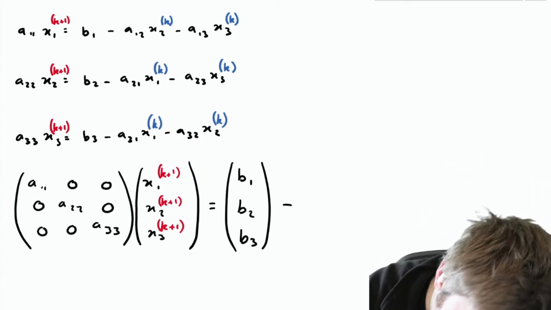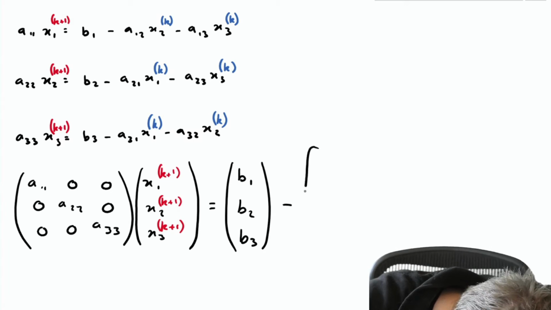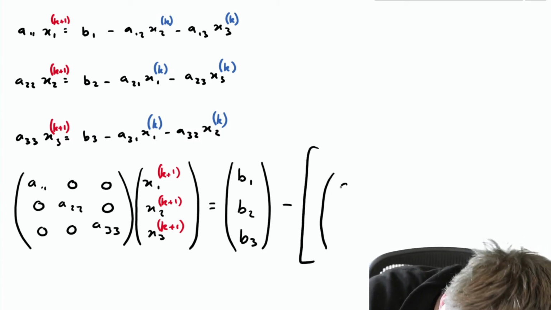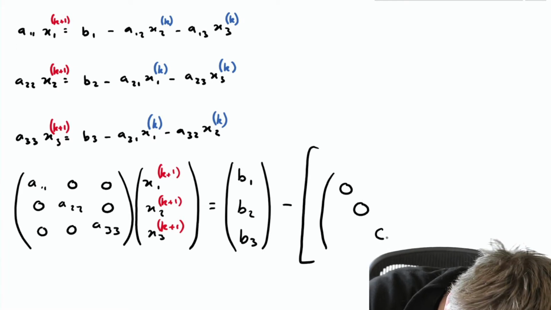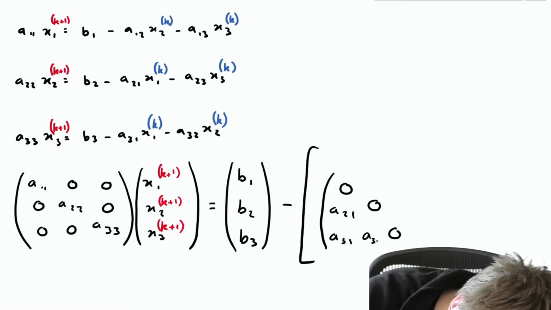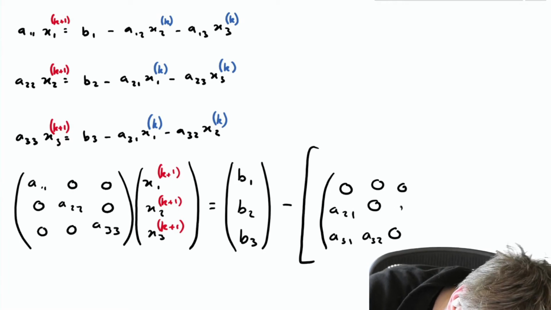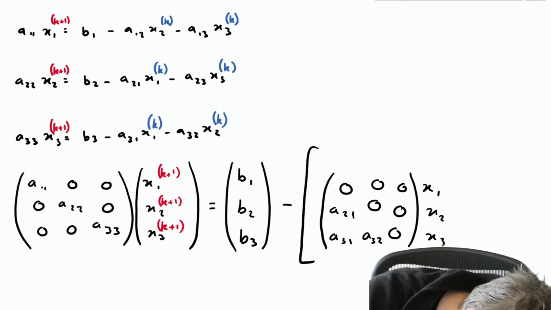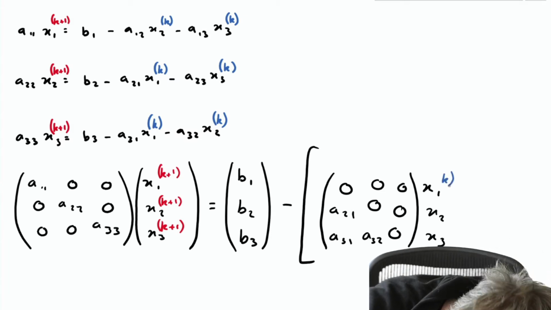And if you look carefully enough, if I put this all in one big bracket, I can form this as a lower triangular matrix, in other words, strictly lower triangular. So I could just have my A21, A31 and A32, and all of the other elements are 0, multiplied by x1, x2 and x3 at the kth step,